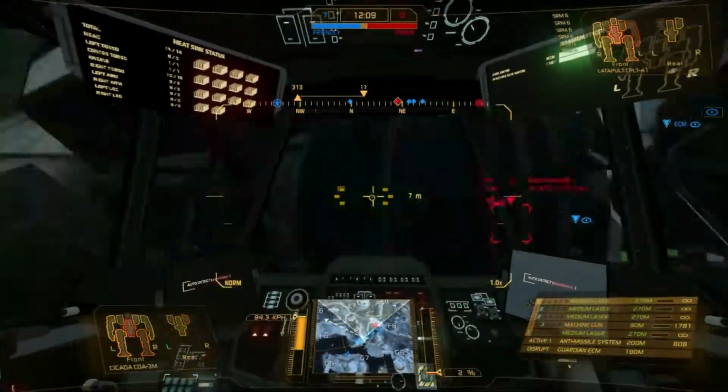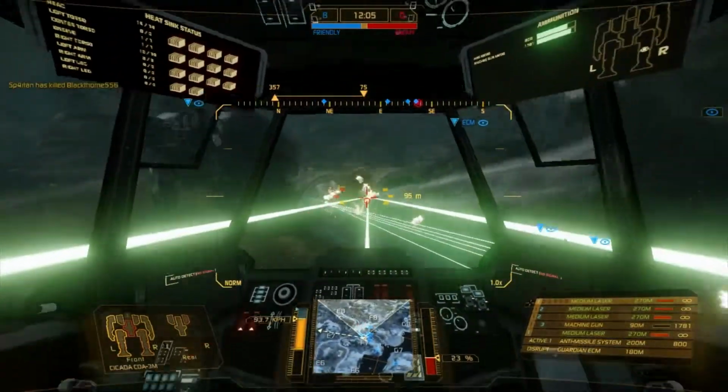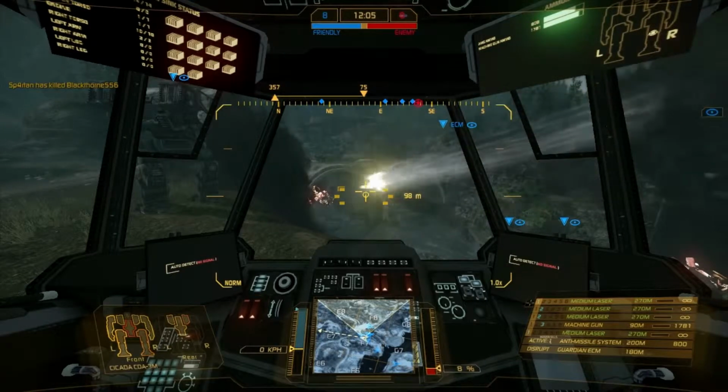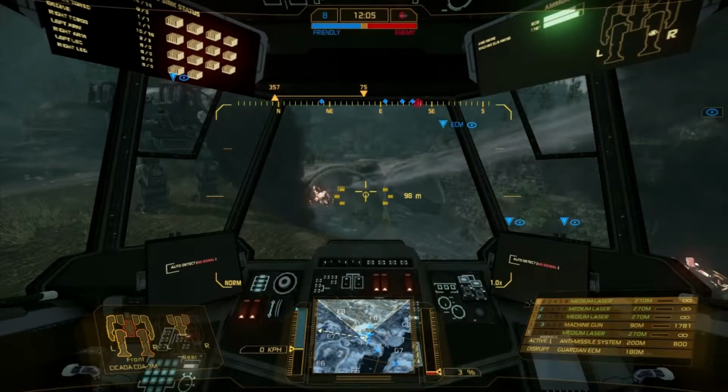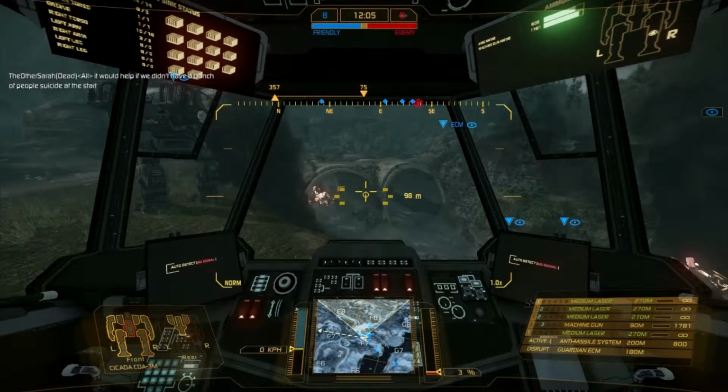Now the Atlas sadly is getting in my way, and he's probably thinking there's some Cicada getting in his way, and as I say, that is the problem here. It's just really crowded, and that's it, that's the match. What is it, 2 minutes? Maybe 3. Outrageously quick,